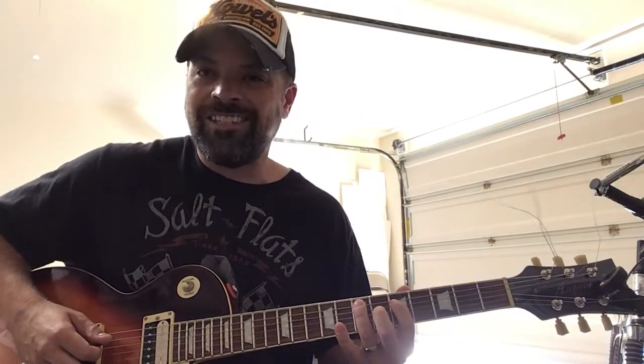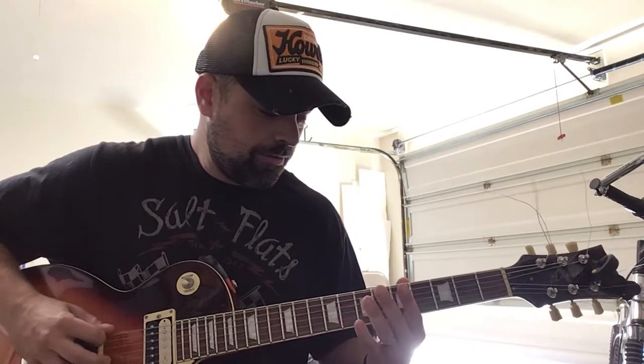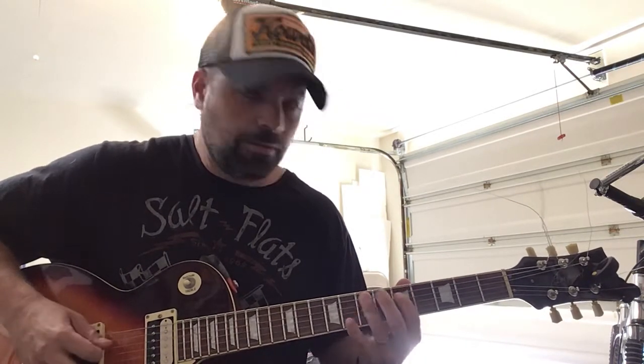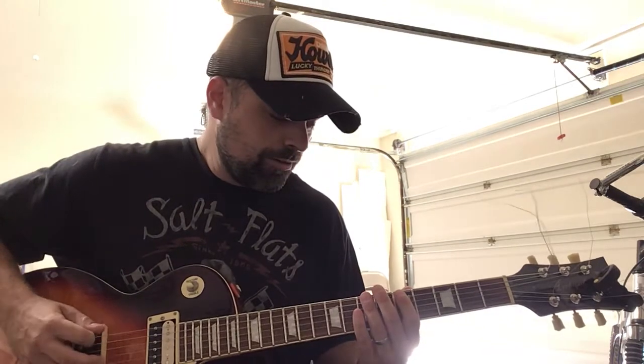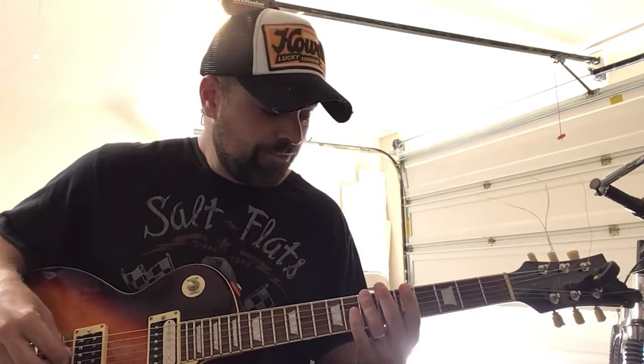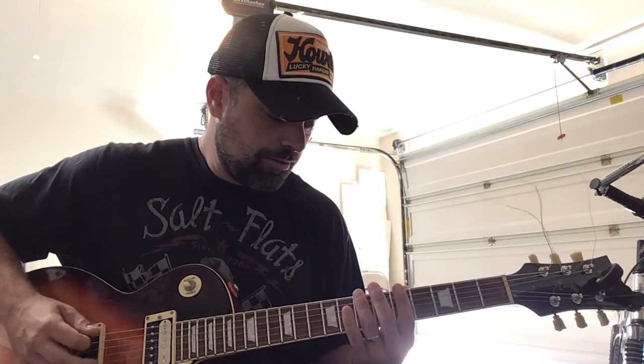And then you go to 5 on the D. So I'll just do it slow. To repeat that, it's basically open on the low E, and then 7th fret on the A, 7th fret on the low E, and then 5th fret on the A, and then 7th fret on the A, just again right in that minor pentatonic. Then you repeat the whole riff again,